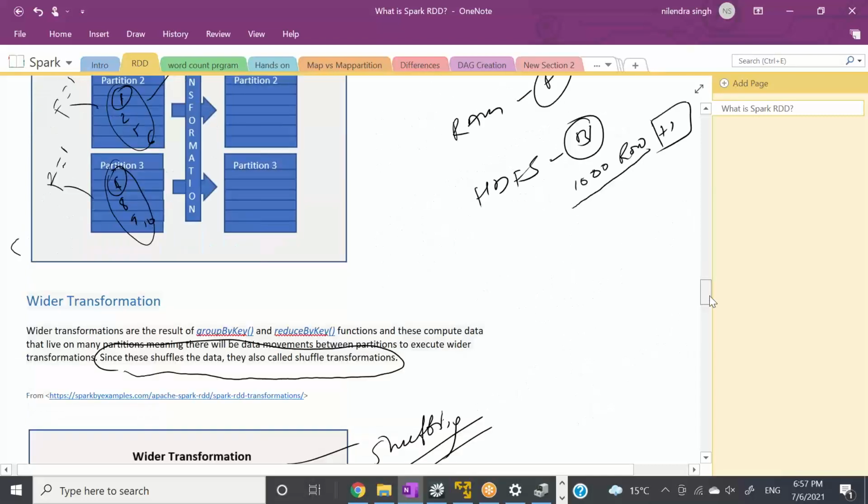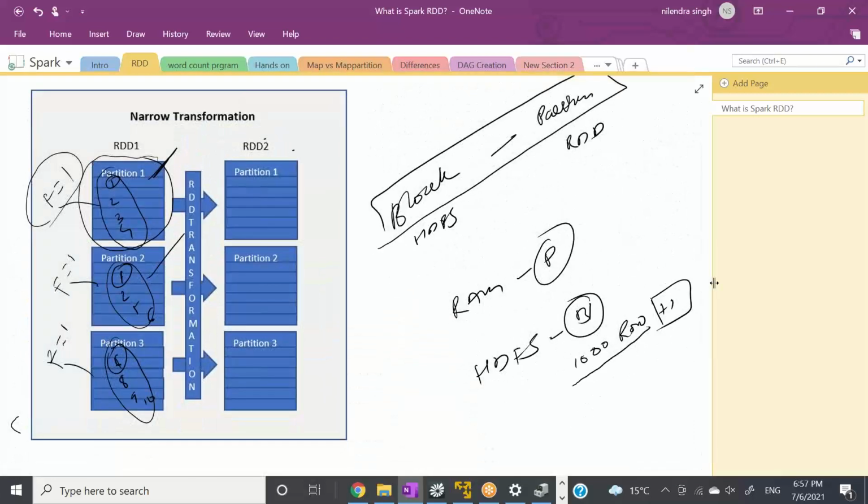But let's say I ask you to count the number of ones on each of the partitions. Count is not the correct example. Let's say I need to count the number of ones on each partition.